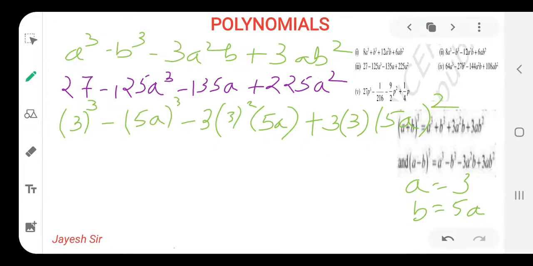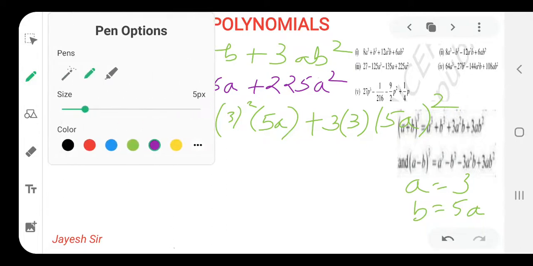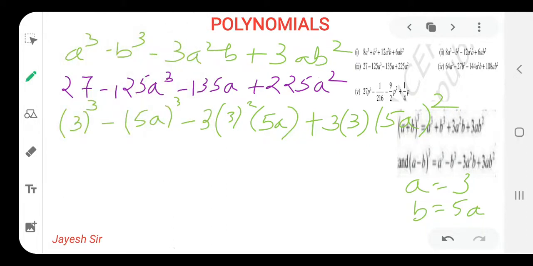Yes friends, we will check whether we have done it correctly or not. How can we check it? We will just compare it with the given equation, to find whether we get the question we have written over here. Now 3 square, that means 9. Then 9 3s are 27, and 27 5s are 135. That means we are satisfying 135, satisfying our question, and we are getting the perfect answer.